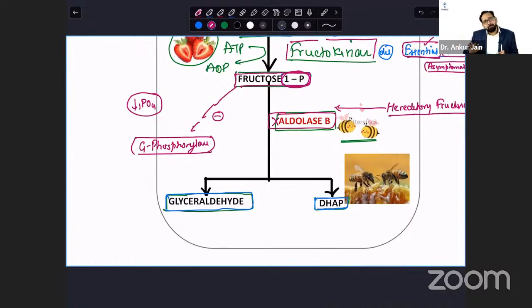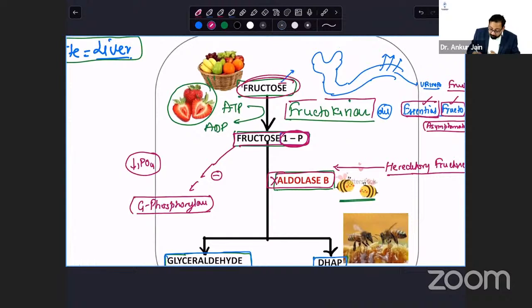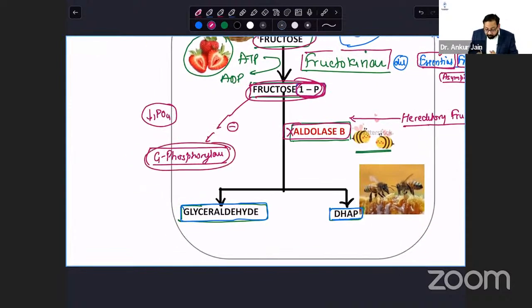I could have maintained blood glucose up to evening. But fruit juice has fructose, and fructose will be converted to fructose 1-phosphate. It will inhibit glycogen phosphorylase, and whatever glucose my liver glycogen was contributing will stop: hypoglycemia, fainting,